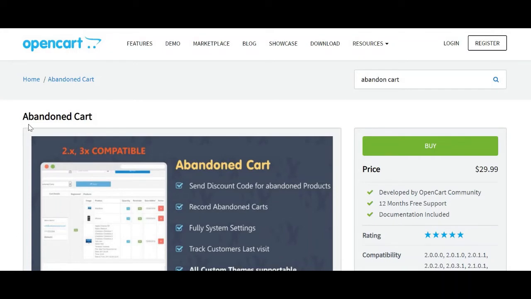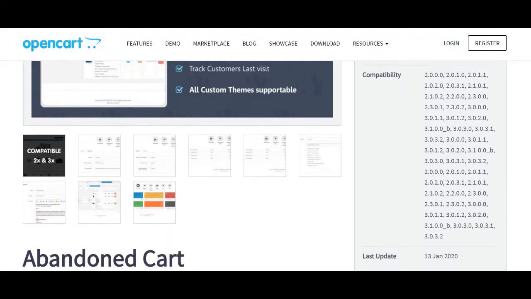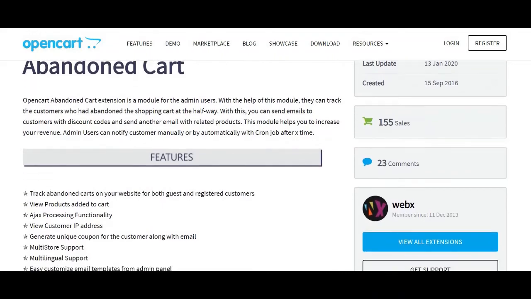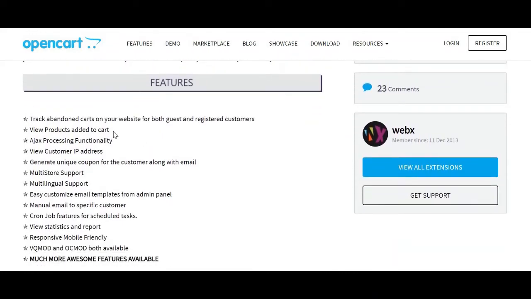Name of the extension on Opencart is Abandoned Cart. The price is $29.99, and if we scroll down here, we could see that it's available for Opencart versions from version 2 all the way to version 3. It was recently updated on the 13th of January. The extension was created on the 15th of September 2016. And if we scroll down here, it just gives you some basic information and some of the features. So it says here,